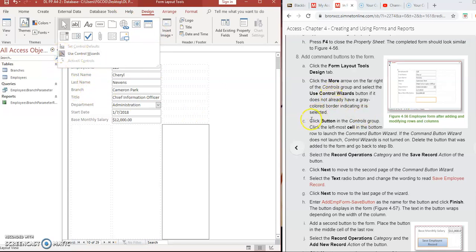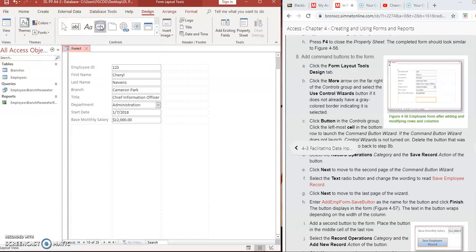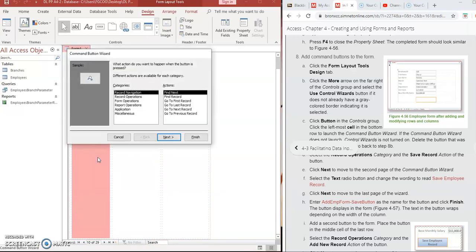After that, click the button in the controls group. This is the controls group and there is a button here. Click on the button and then select the leftmost cell, which is here. You could click the leftmost cell in the bottom row. Then you could select record operations, and then you're going to create save record here, save record, and